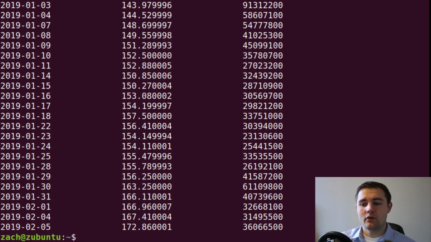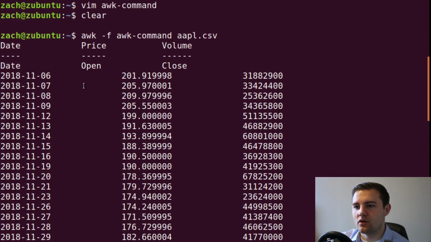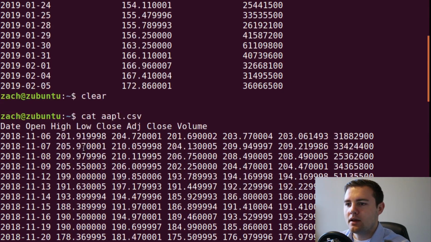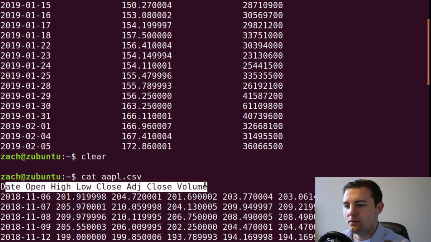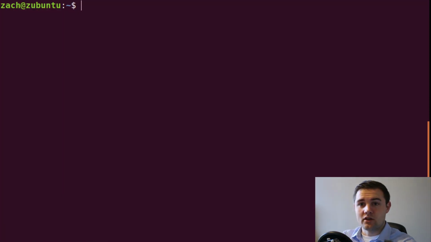So what we got right here is exactly what we expected, except for the top. You can see that we have this whole date, price, volume, and then date, open, close. And if you remember, what we put in was date, price, and volume. We didn't do the whole date, open, close. The reason is that the apple.csv file at the top has a first line with all of these words on it. So the way that with awk we could skip the output of the very first line of the file